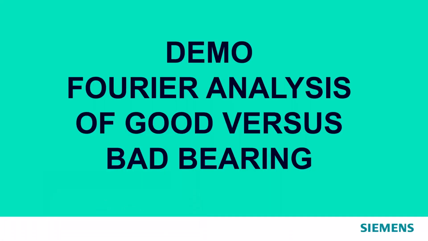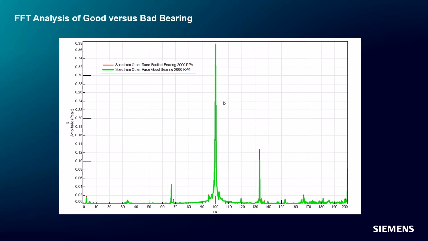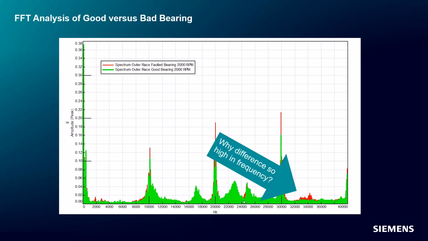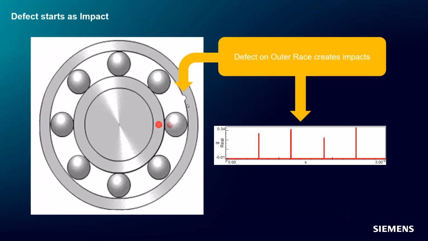I'm going to go back to my PowerPoint here. And again, we didn't see much of a difference around 120 hertz. When we went out high in frequency, we could see quite a big difference. And there's a few reasons why a bearing that has a fault in it shows something that high. If you think about the outer race, you might have something like, you could call it a pit or some kind of imperfection that's developing on the outer race. And whenever the bearing passes by, it creates an impact event. Does that kind of make sense to you, Steph?